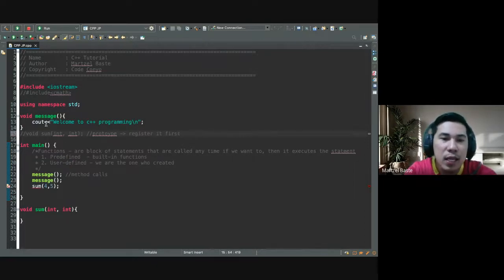Okay, what we did here, we have a message that automatically registers the function, and at the same time, it executes a statement. But what happens right here in the sum? In the sum part, we just register the function, and that's only the prototype, and later on we are going to assign, let's say, num1, num2, and then you have here like the sum of num1